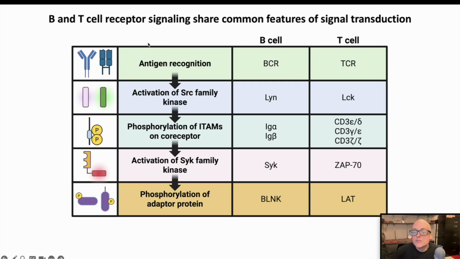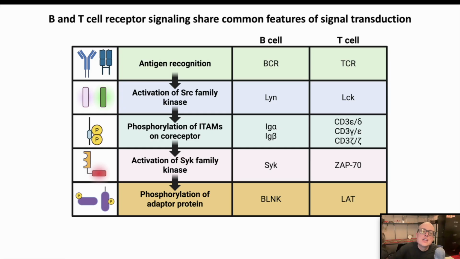That's going to involve the binding of antigen, usually some kind of soluble antigen, to the B cell receptor and inducing its crosslinking, or some type of presented antigen onto the T cell receptor, and that is going to be facilitated by MHC, either one or two. Either way, the cells expressing the TCR or the BCR need to see their antigen in order